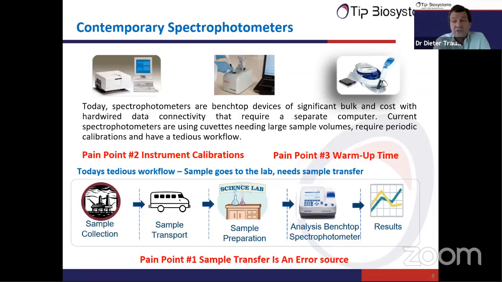Time can be one light source of choice here, of course. So another pain point: at the lab station, you insert your sample into the lamp, connect your instrument to your PC, control it through the PC and perform your measurements. So there are several types of pain points in this workflow.